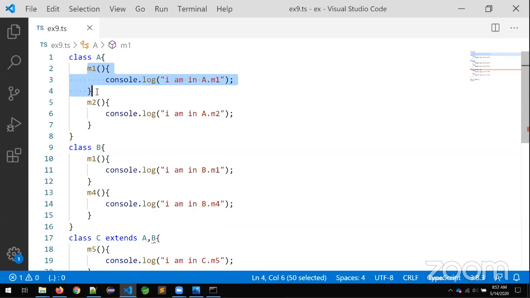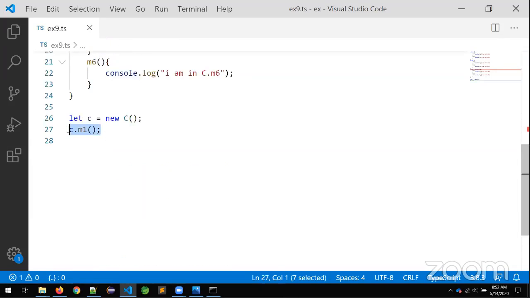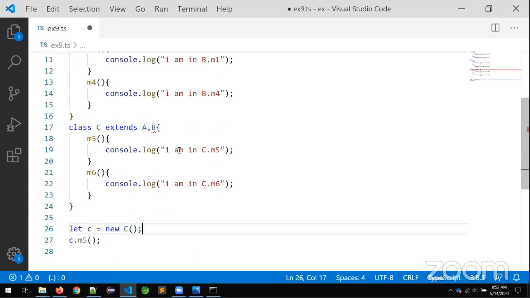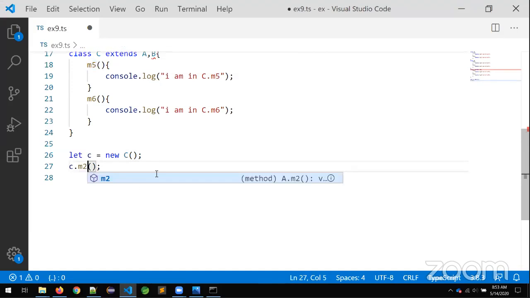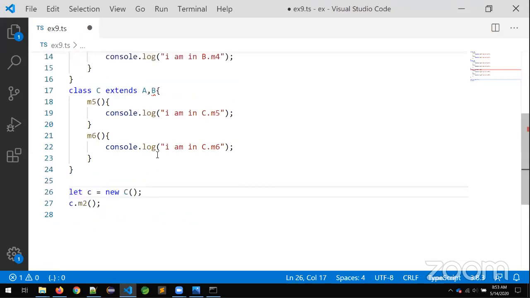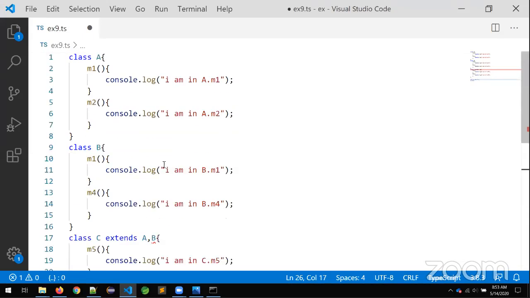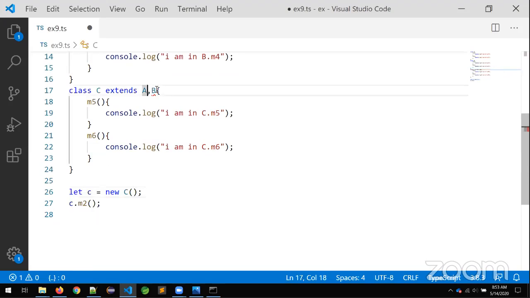The execution engine. The one executing the program, that is nothing but our TypeScript language, cannot understand. Okay, you are calling or referring right now to M1. Observe, if I call M5, tell me, do we have any confusion here? No, sir. Directly it will call the C class method. But observe, M2. Do you have any confusion here? No, sir. So that is why the TypeScript language designers decided